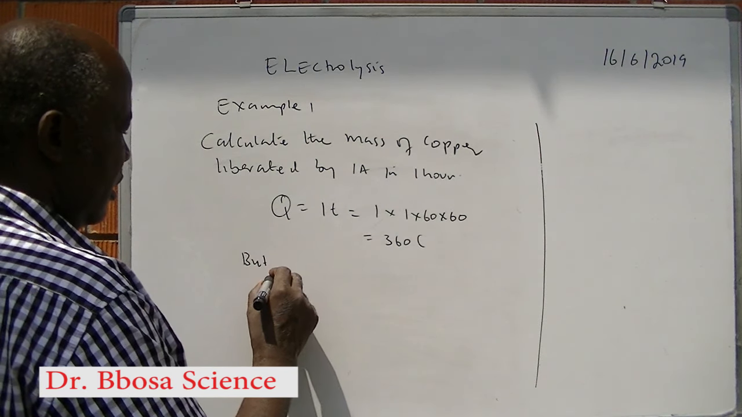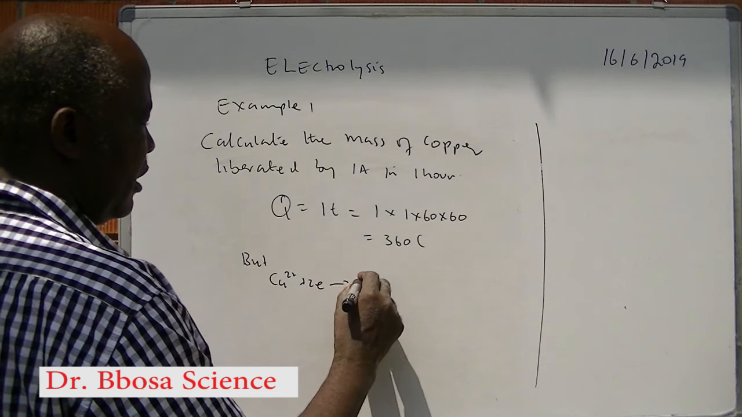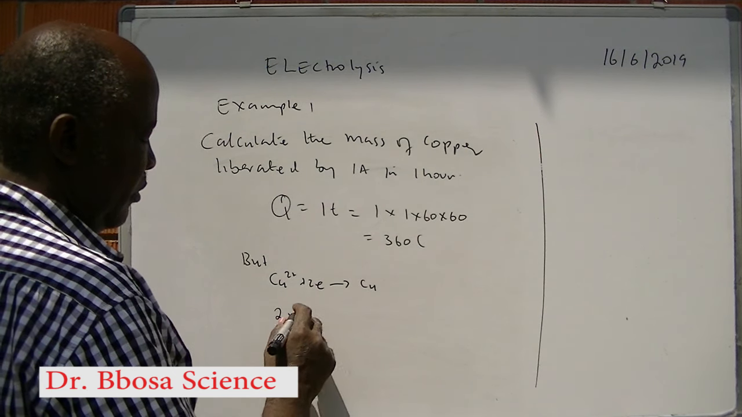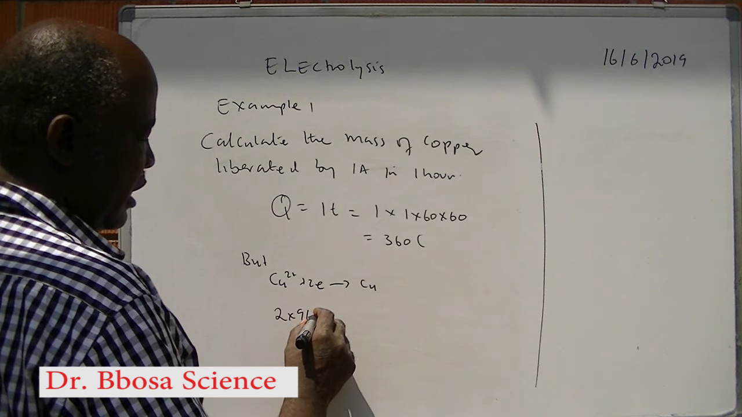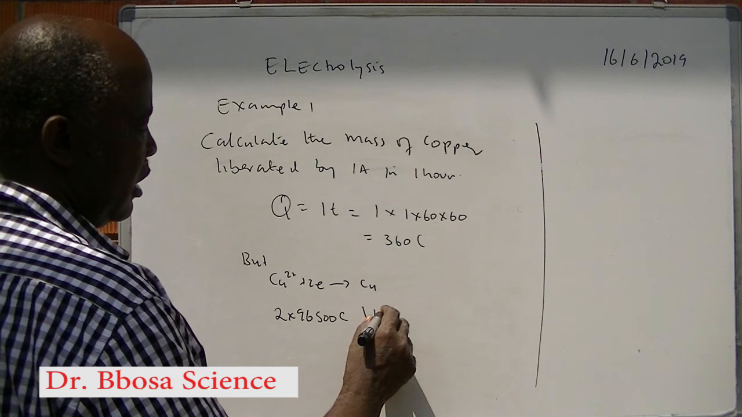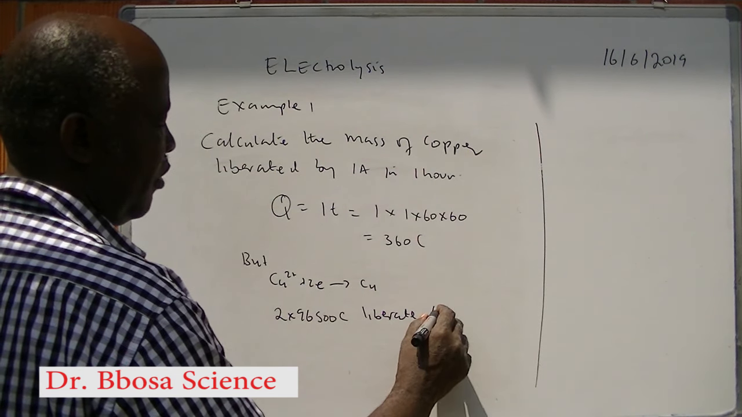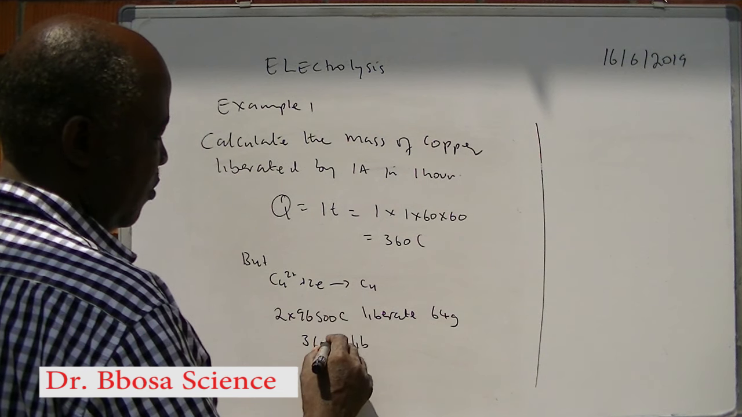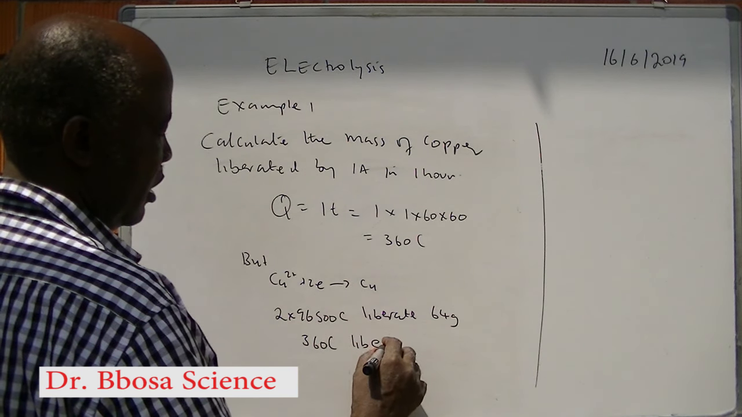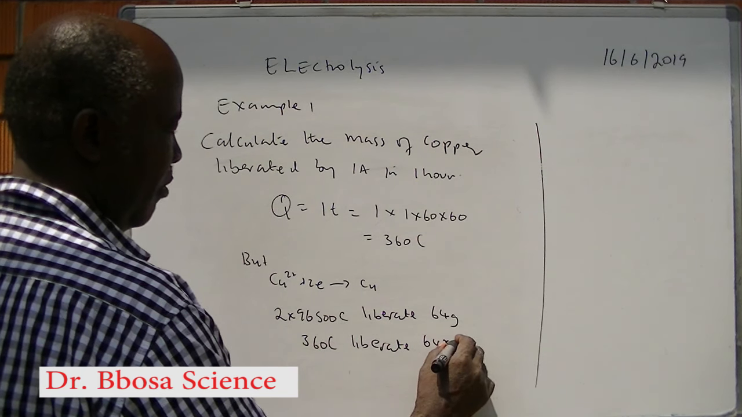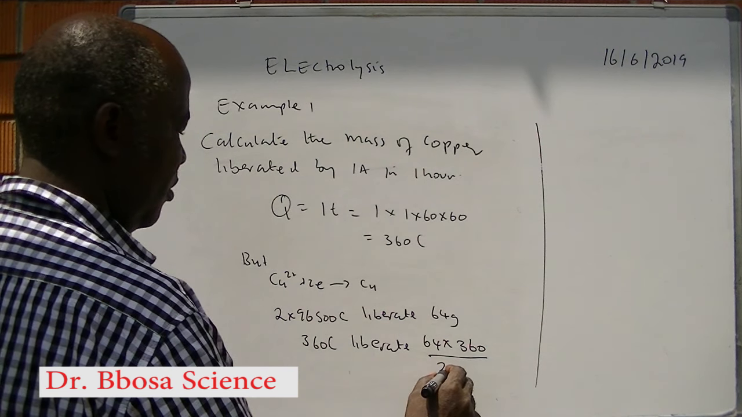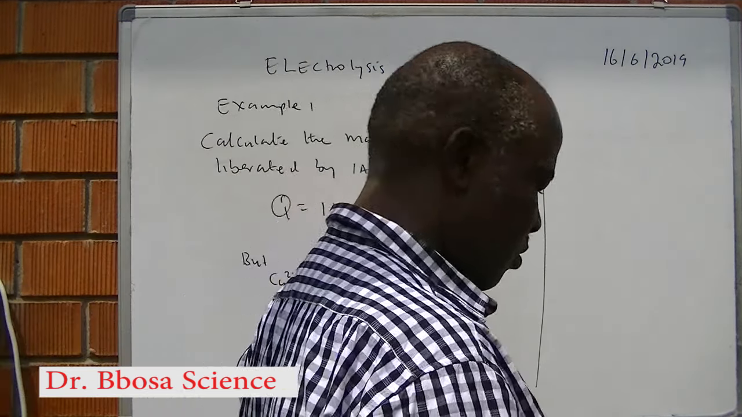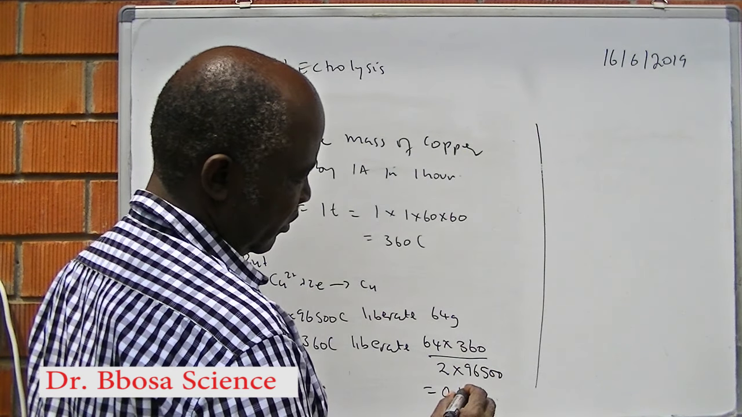But copper 2 plus 2 electrons gives you copper. It implies that 2 moles of electrons, which is 2 times 96500 coulombs, liberate copper, which is 64 grams. What about 3600 coulombs? It will liberate 64 times 3600 over 2 times 96500, which is equal to 1.2